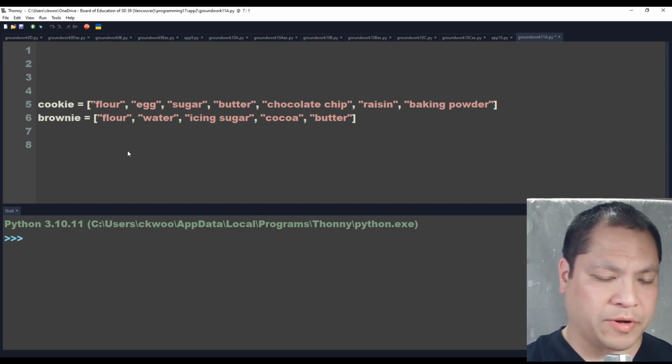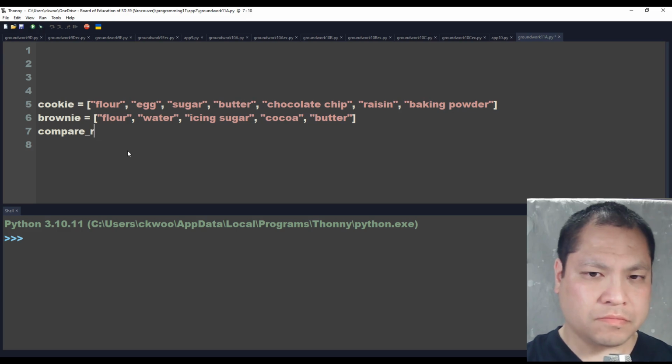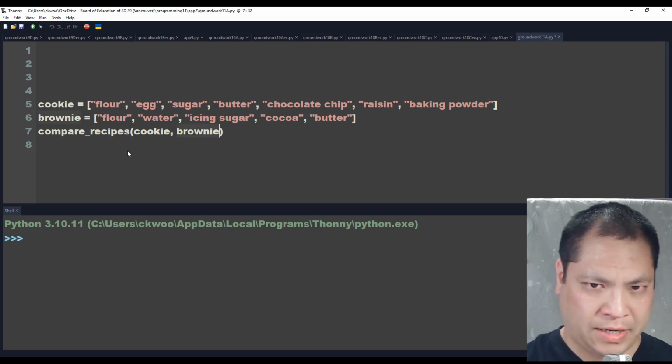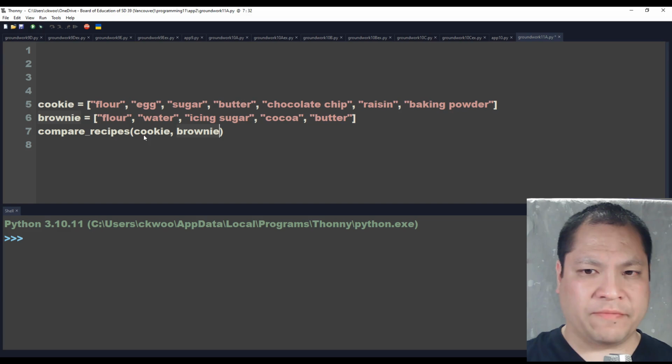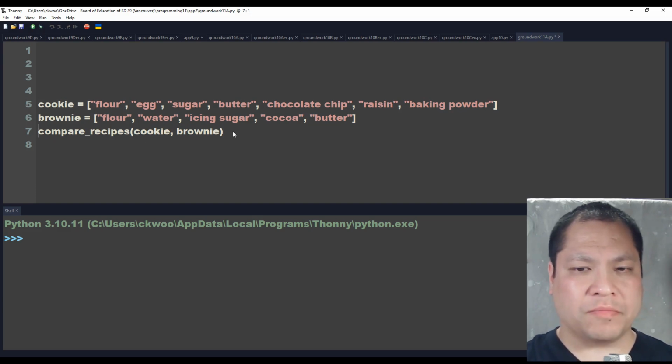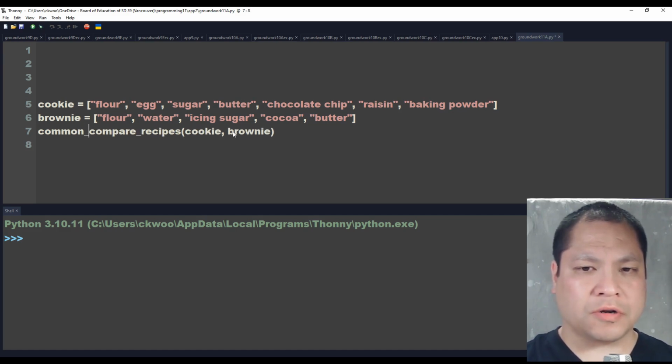Okay, so I'm going to call my function compare recipes, and I'm going to give it the cookies and the brownies. And so I'm feeding into this a list, two lists in fact. So those are my arguments, and I'm expecting to get back from this a list of common ingredients. So let's just call it common. Common equals compare recipes, cookie, brownie,